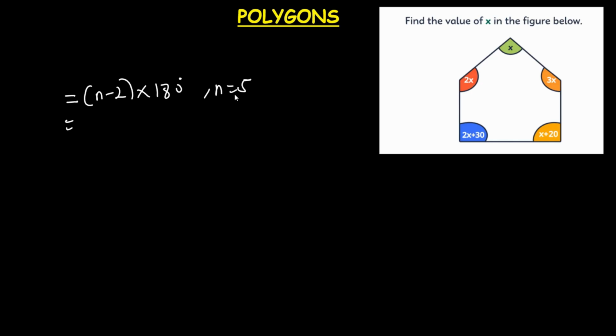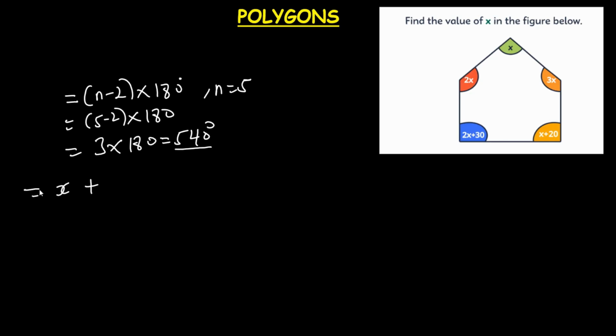Now substituting n inside the formula, we have 5 minus 2 times 180, and 5 minus 2 gives us 3 times 180. So 3 times 180 gives us 540 degrees. Which means that when we add everything inside this polygon, we are going to get 540 degrees. So let's go ahead. We have x plus 2x, 3x, then over here we have 2x plus 30, then we have x